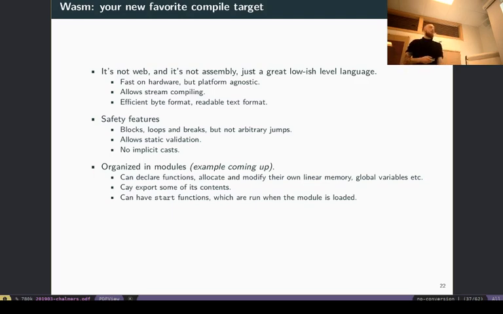Inside a module, you can declare functions, you can allocate memory, and so on. You can export and import from other modules. You can only modify the things you have imported and the things you have declared. And if you want to just run your WebAssembly program without calling it from an external environment,